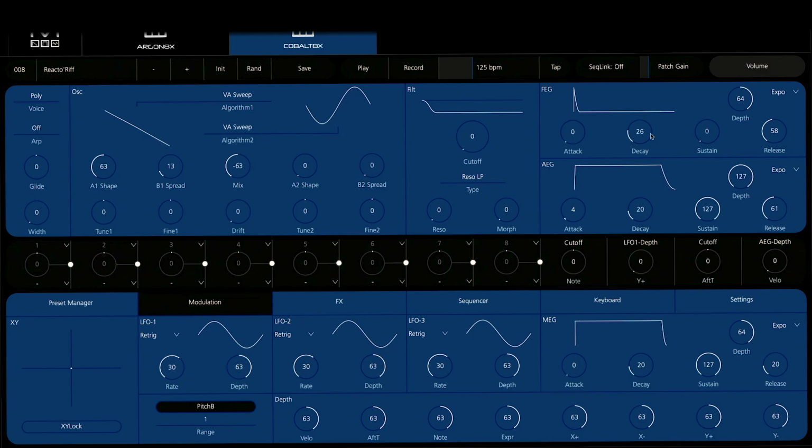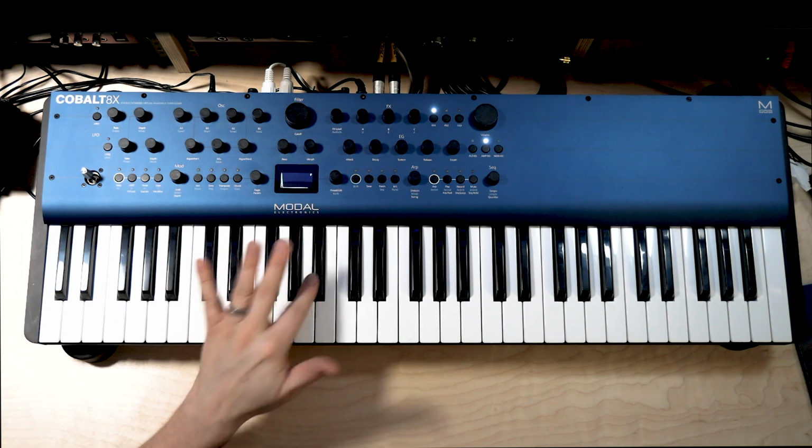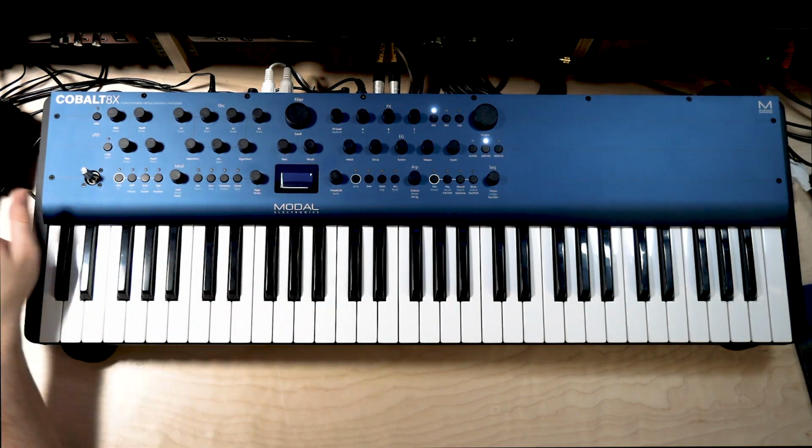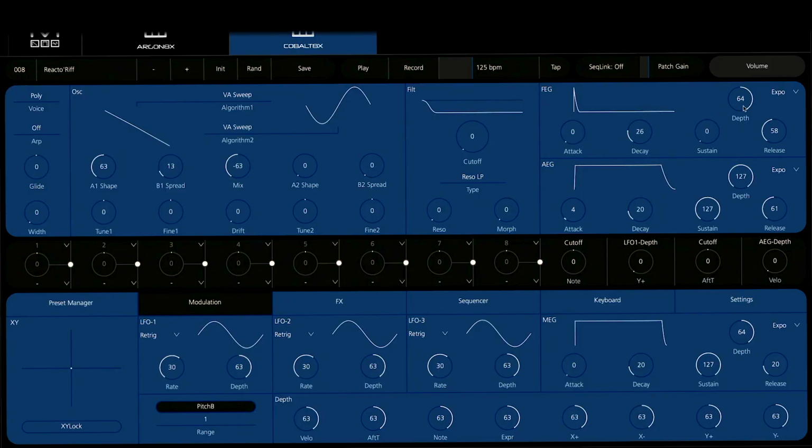But if I were to slap it and let go of it right away, it's no longer relying on the decay anymore because we've let go of the note so quickly. It's already on to the release phase. So understanding that relationship between these two is really the key to dialing in a pluck that makes sense to what you're programming. And of course, once you've actually programmed one or recorded one, it'll depend on how long or